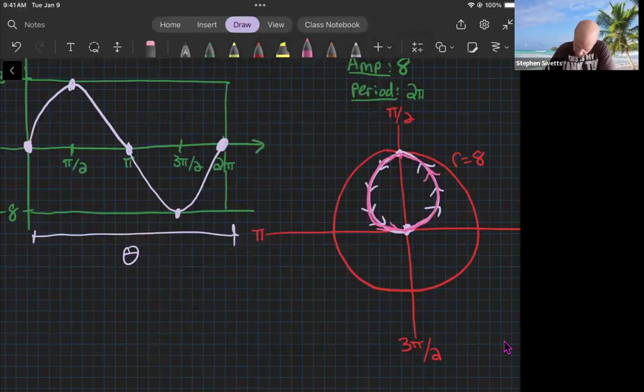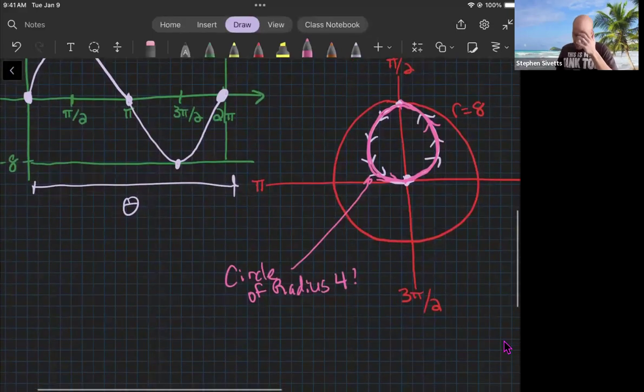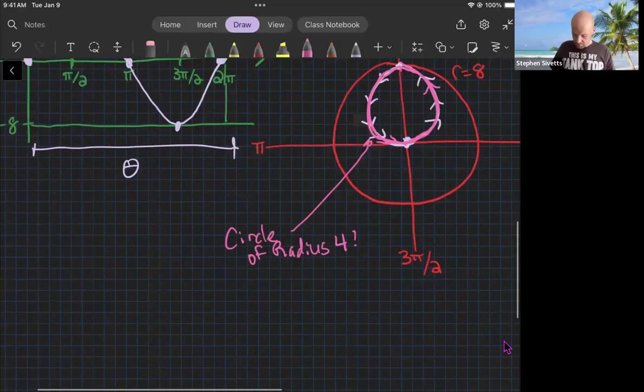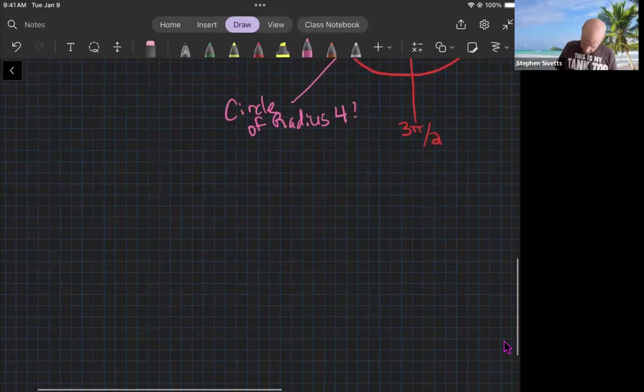So it's going to be a circle of radius 4. That's interesting, right? So this pink circle right here is a circle of radius 4. That's pretty cool. So if we did the integration right, we should be able to get 16 pi. So let's see if that works. So the area in terms of the